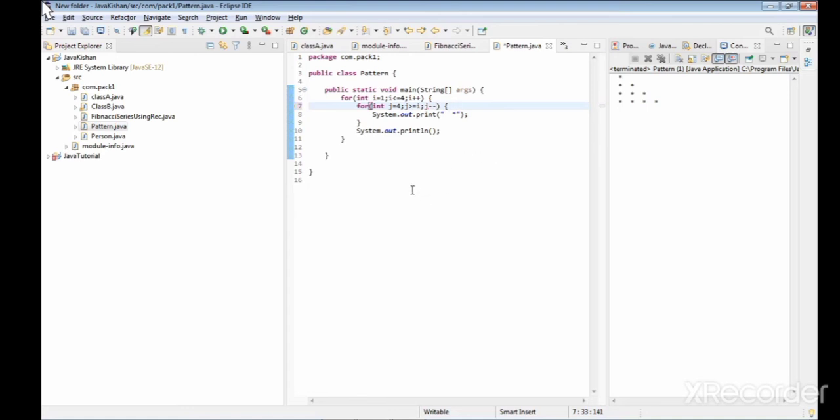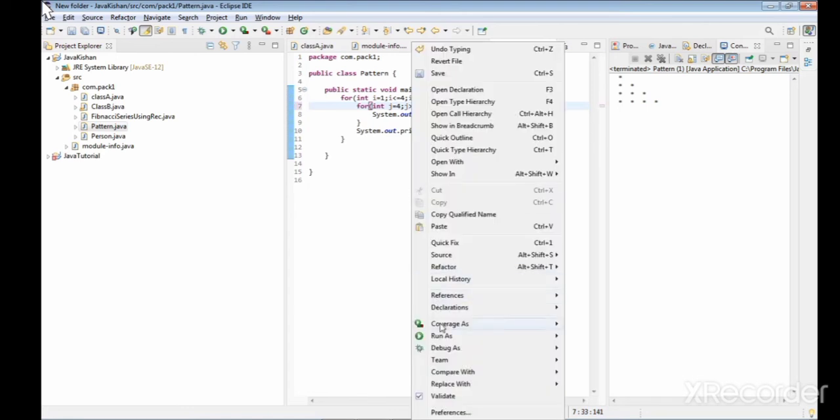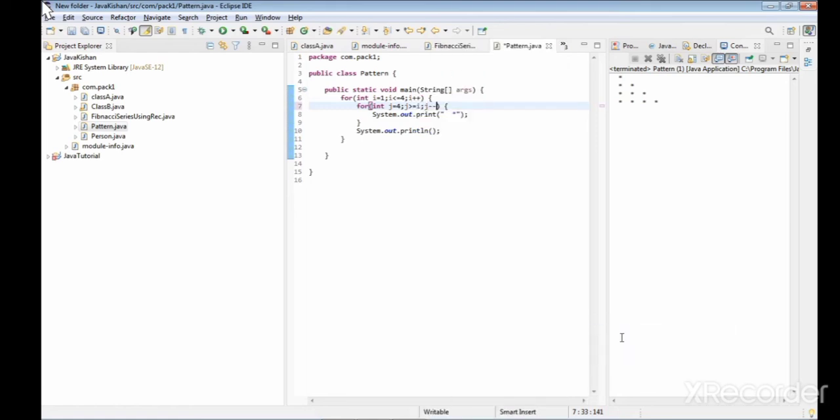After that we use the println statement, and if we run the program, then we get the result. This is the result of that kind of pattern.